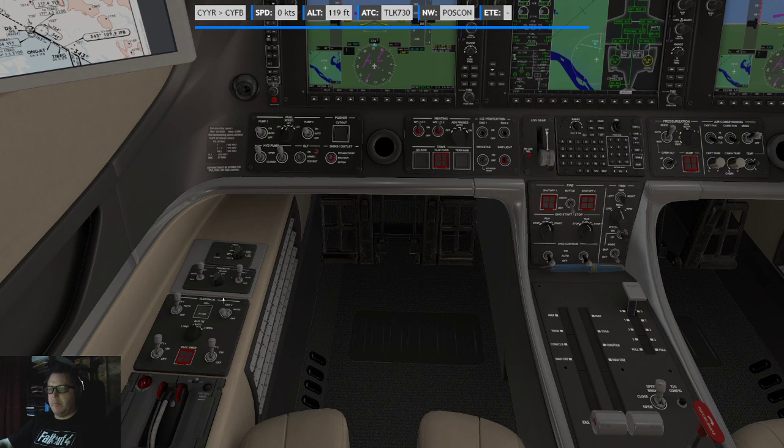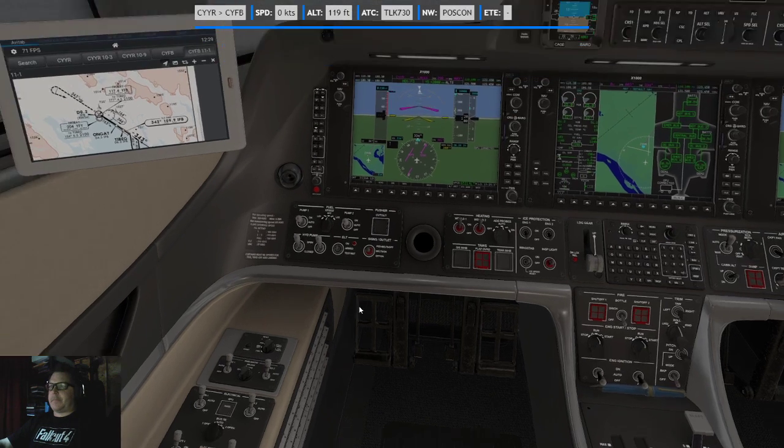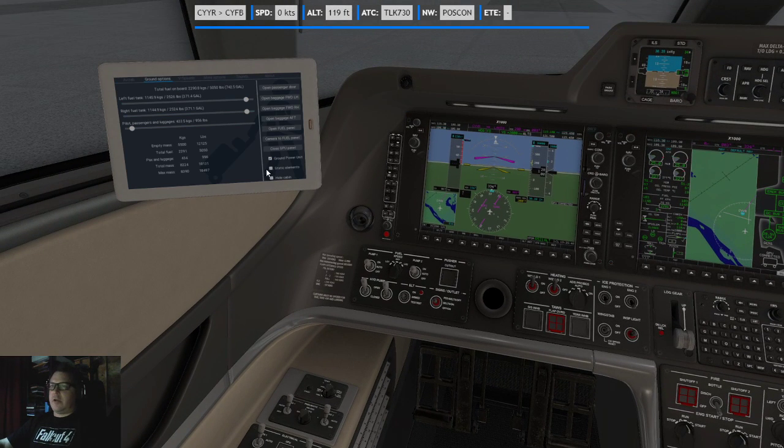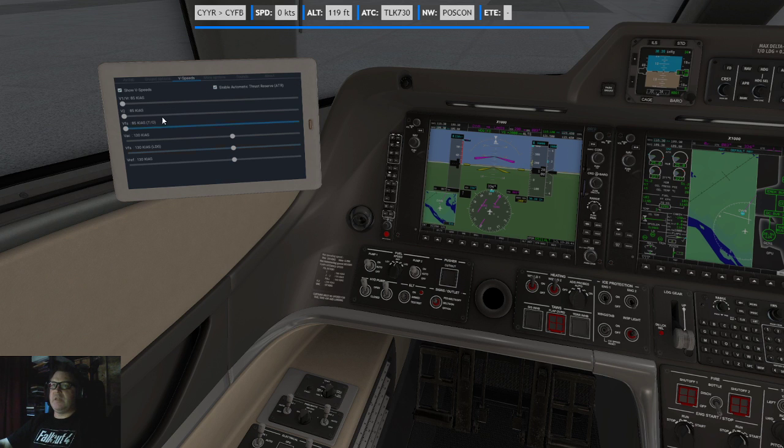Oh, dumb idiot. I had forgotten 2 switches. All right, all my electricals are electrifying. Now let's go kill the GPU, and then you tell the guy. So, ground options, GPU off. Thank you very much. V speeds.